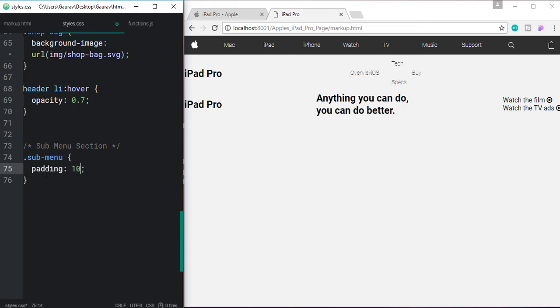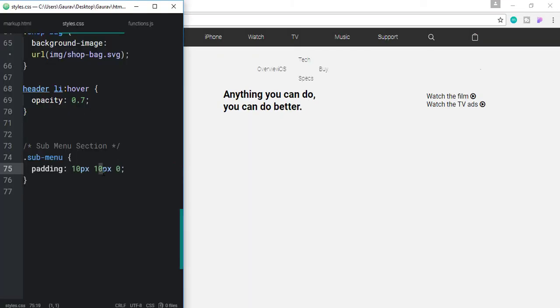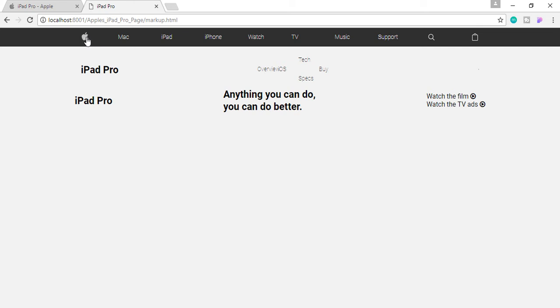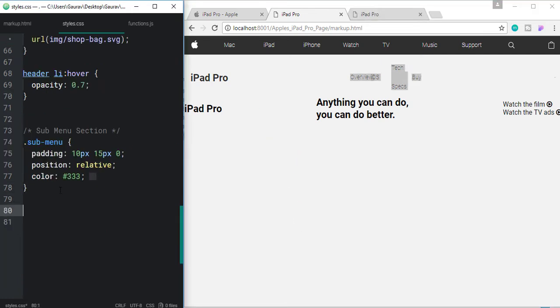So padding 10 pixel on the top, and let's try 10 pixel on the side and 0 on the bottom. Let's give it 15 pixel on each side, so this section will be perfectly aligned with this logo. And let's set the color of it to 333.